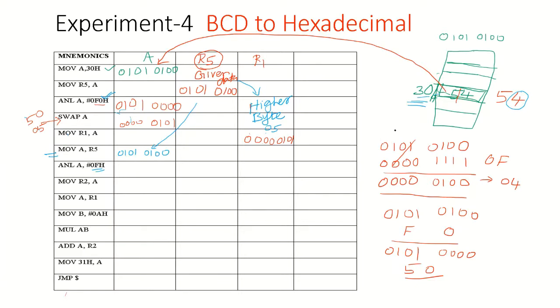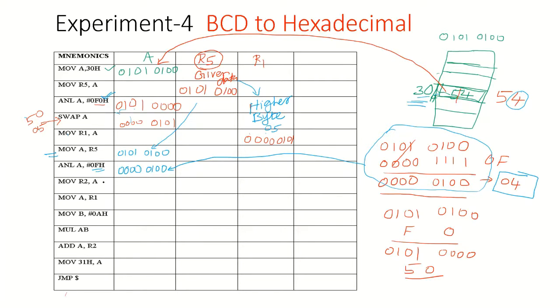You can see here, this one. This is done here. When you are doing it with the 0F, this is the number we got. We have separated 04. And this number will be loaded. You can see the next location, next instruction. When you're doing this AND operation, this 0 is already done here. It will be stored here. What will be stored? 0000 0100. So this is the number that will be stored after the AND operation, and this will be loaded in the accumulator.